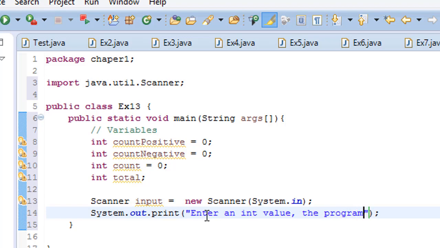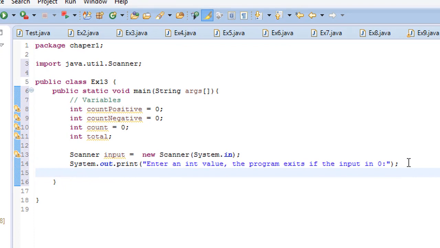The program will exit if the input is 0. So if you type 0, then the program will exit. And now let's use for loop. For the way you write for, if you have never used a for loop, you should type for, brackets, and then